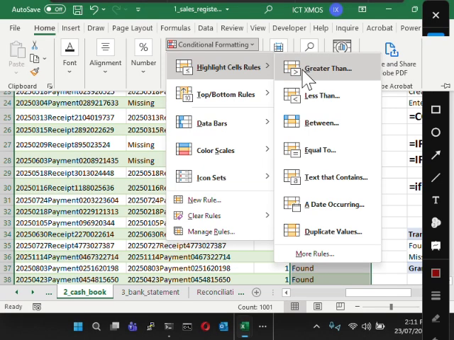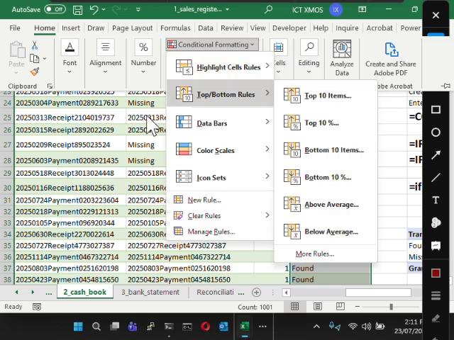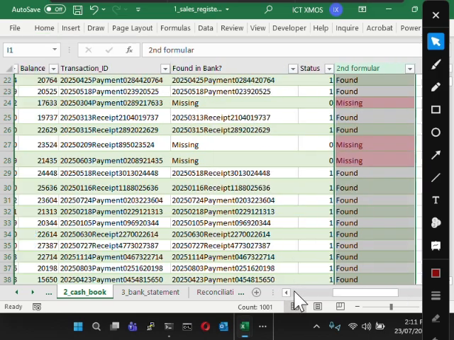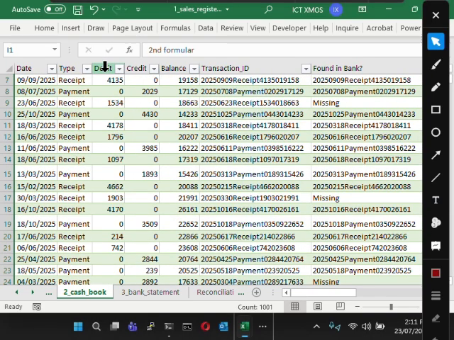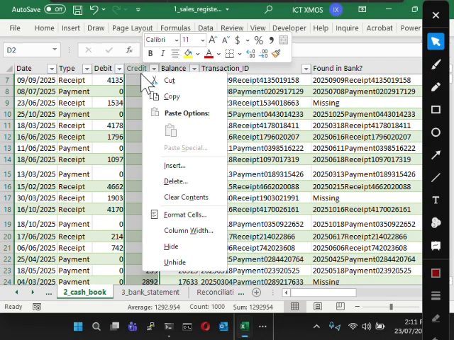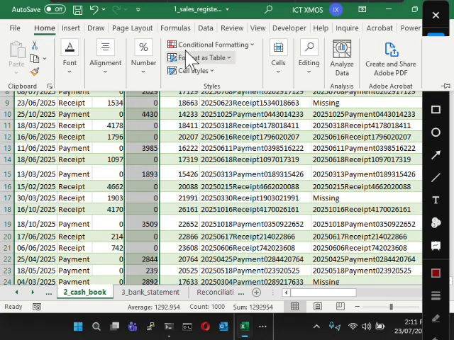If you are dealing with numbers, look at the first one: greater than, less than. In this one, you can say less than. If you select the row that has numbers or values, let's say these numbers now, I select the debit column or balance, and let me say the credit column. Select and go to Home and say